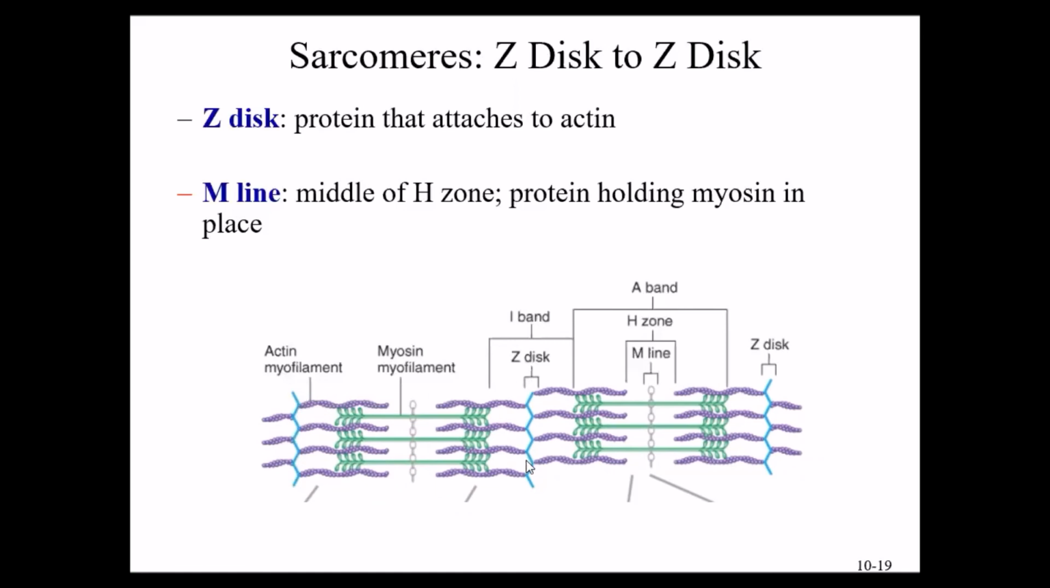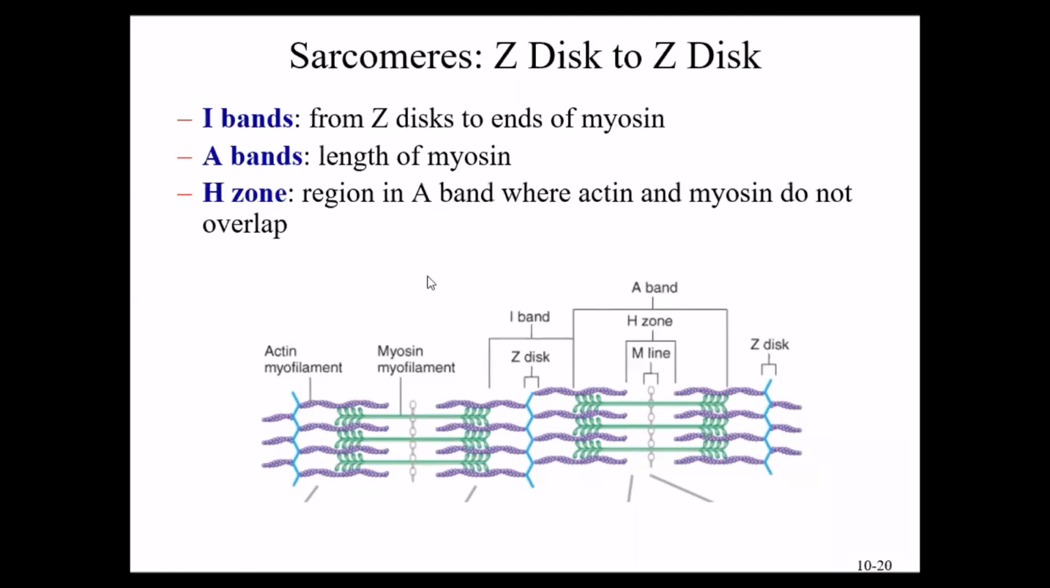The M line, what they do is they name all these different zone areas. And so the M line is, again, another protein. It's stabilizing the myosin. So you've got a protein called the Z disc, which is stabilizing the actin. You've got a protein here in what's called the H zone that is holding the myosin in place. And so to define each of these zones or bands, as they're called: